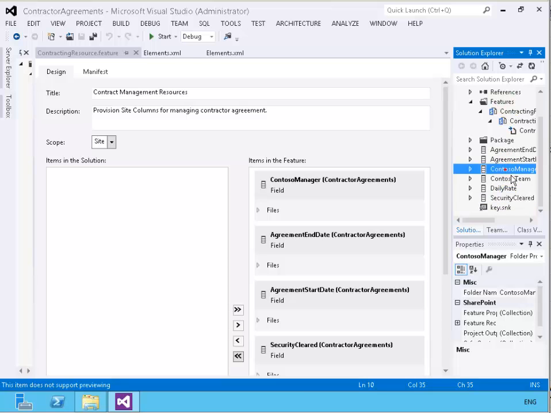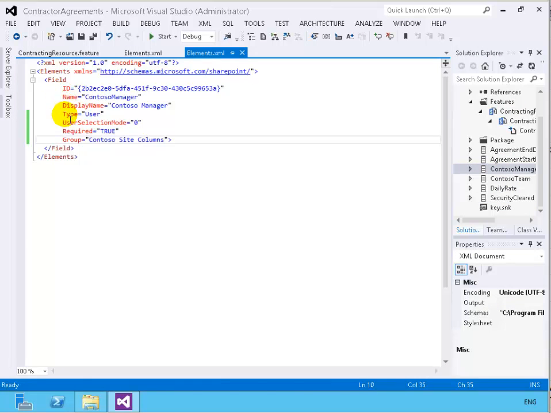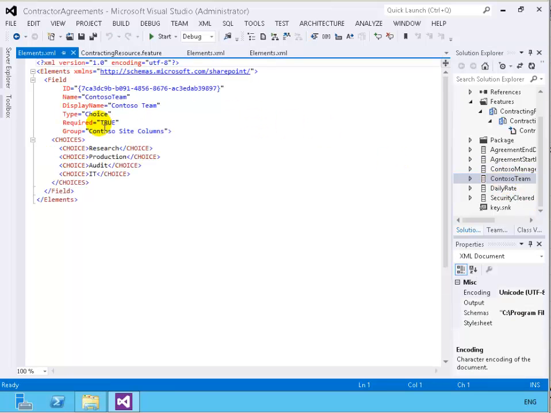In here, we have a column called Contractor Manager. The type is a user, so when it's associated with a list and you're trying to create a list item, it's going to ask you to pick a user or supply the user. Contractor Team is a choice. Okay, these are all the teams in Contractor. So these elements.xml